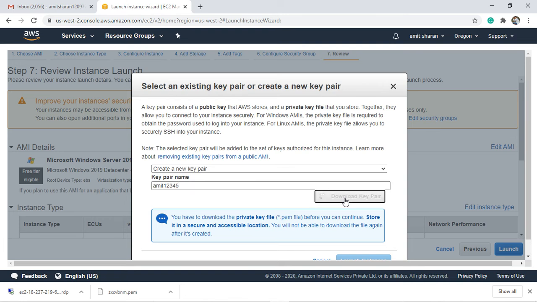Then download your key pair, which is in a PEM file. It is downloading. I'm sorry, my internet connection is not so good.